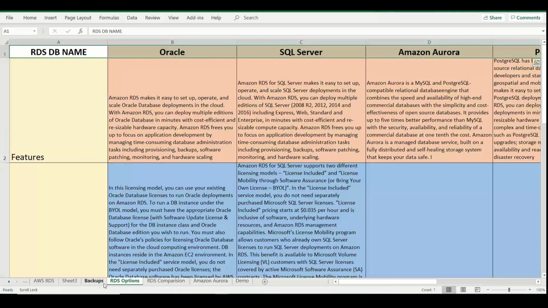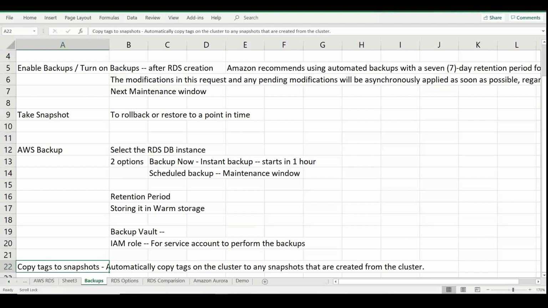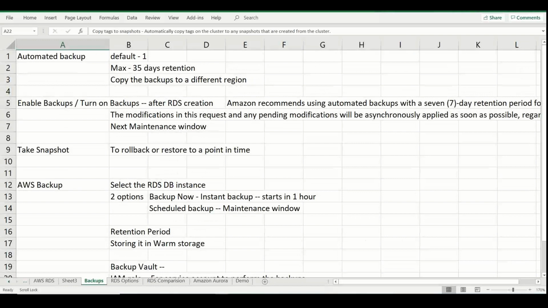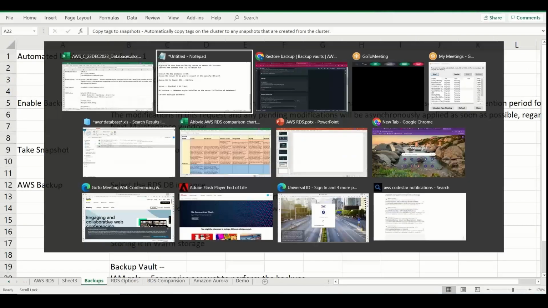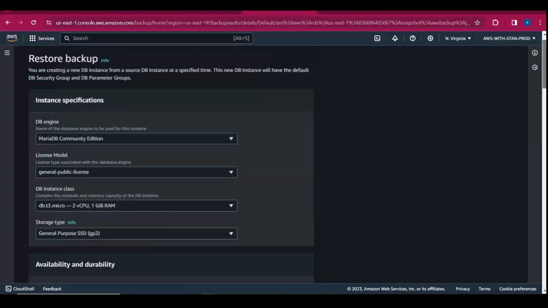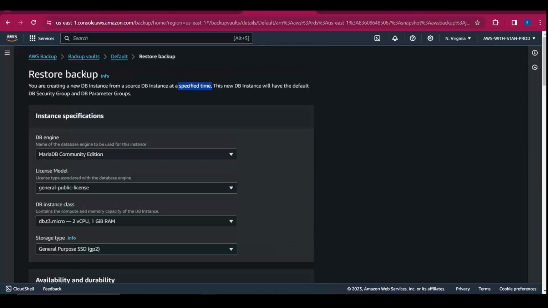So, restoring this backup will create another RDS instance, right? Right. Correct. So, what if, for example, I have a backup dated yesterday, and I want the data from that backup to be restored on the same server. Is that possible? I don't think so. Okay, so you're creating a new database instance from a source DB at a specified time. So specified time is fine. Whatever you are asking, like yesterday's snapshot recovery point or yesterday's backup endpoint, you can just select that ARN and you can restore it. But on restoring it to